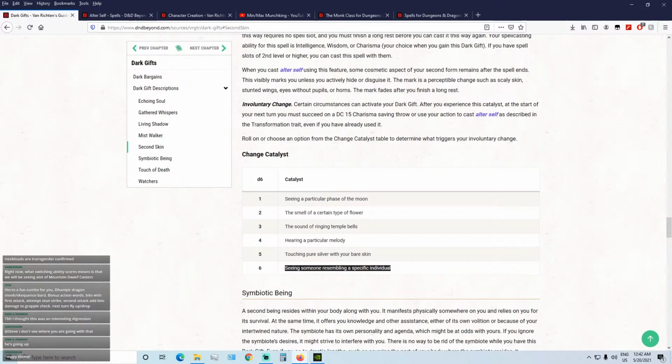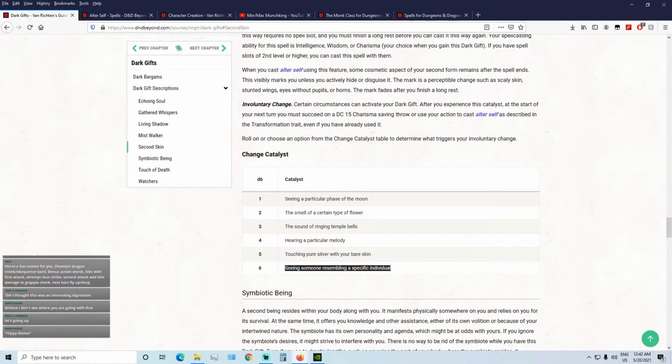What is that? Dhampir, Dragon Monk. I'm reading chat. So yeah. Game Cavalier, Mountain Dwarf casters. I totally agree with you. So recently I made the Mountain Dwarf Clockwork Sorcerer. Sadly, I went to bed way too late and missed the session. But yeah, definitely there's gonna be a lot of